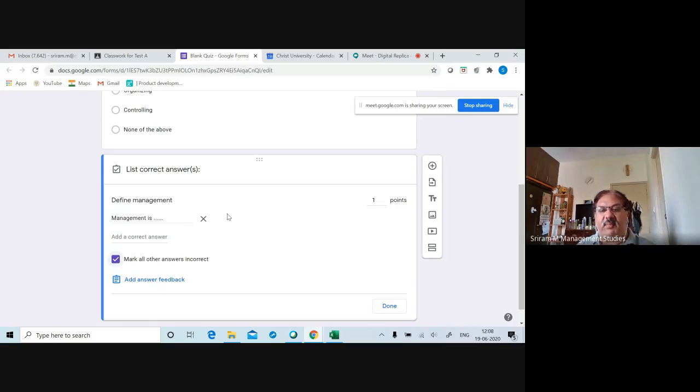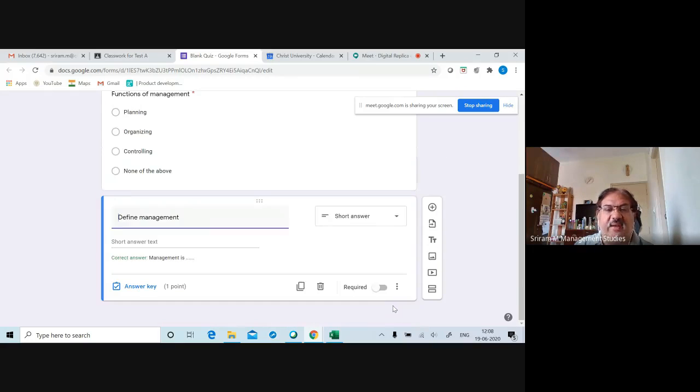And any other thing, if they miss out in that, they will not be getting it as the right answer. So here, this is the answer I have given. The moment I put done, that answer will not be visible. Here, you can see as of now, it looks for you. I mean, you might see it is still visible.